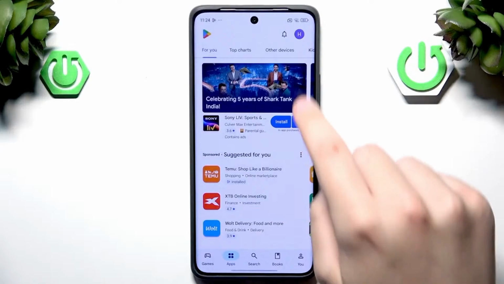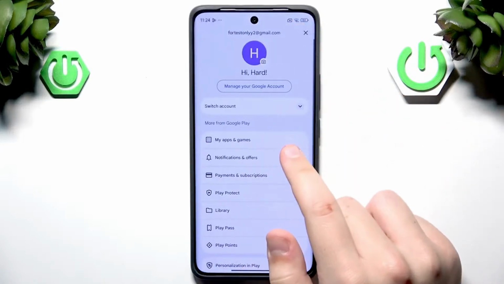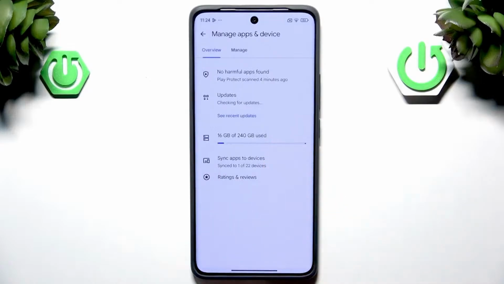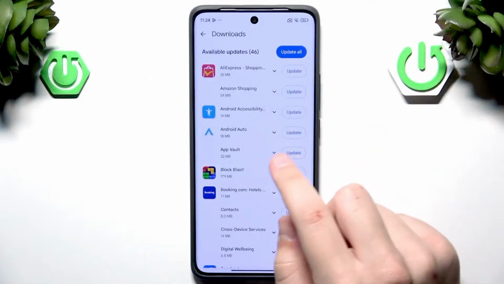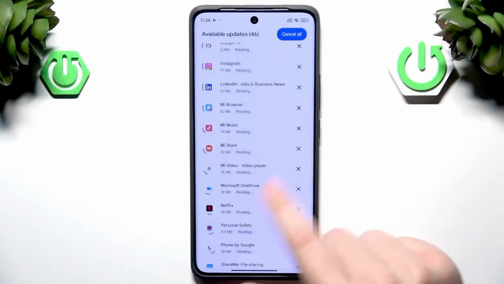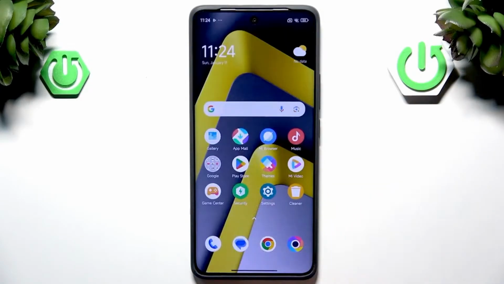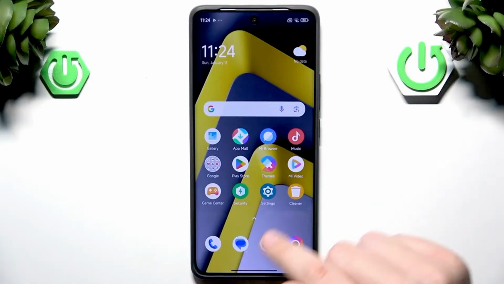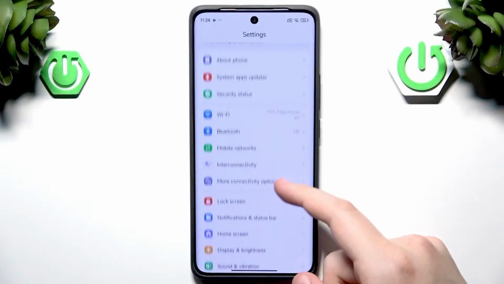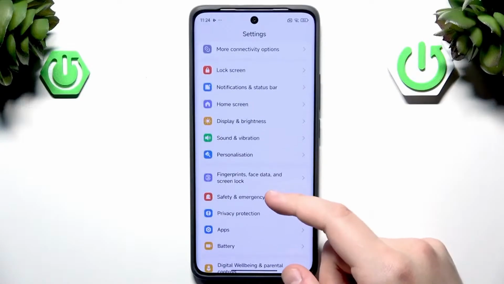Now after that, we want to go over and click on our avatar in the corner, and here we want to go to my apps and games. After that, we want to make sure that we update every single app here, so it'll download in the background. We can leave the app, and now what we want to do is set up the screen locks. So let's go over to the settings, and here we need to scroll down until we see the fingerprints,